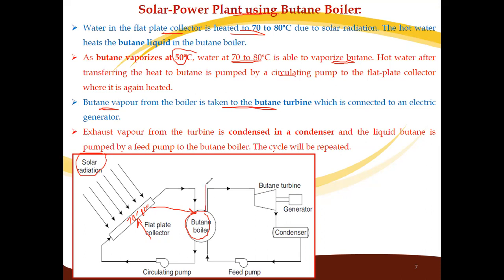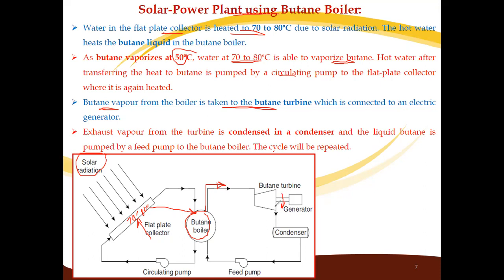The vaporized butane is passed to the butane turbine where the rotation of the turbine will be there, and we will have the electricity. So the butane turbine converts this butane vapor into mechanical work,